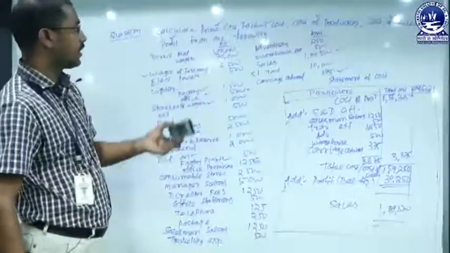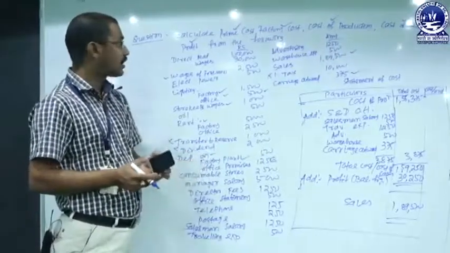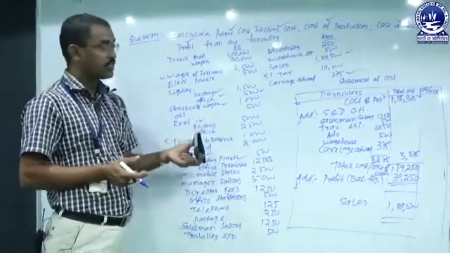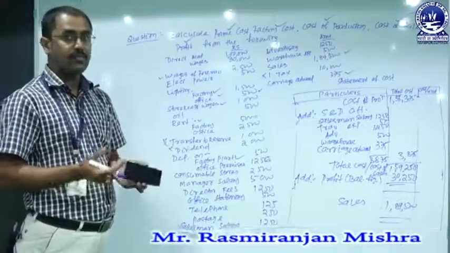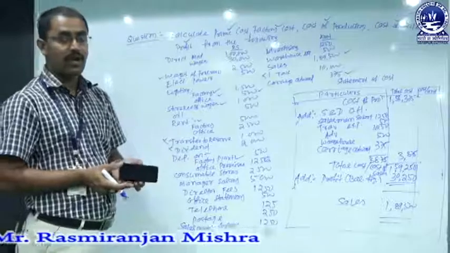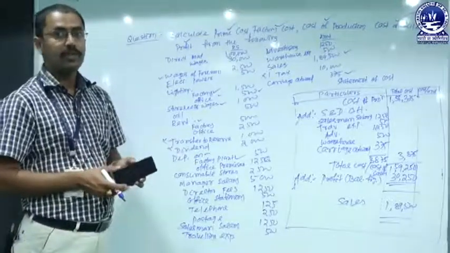So this is the sum total of the statement of cost, or cost sheet, and we can find out each item one by one as per the question. This is our today's discussion relating to cost sheet, and a problem and solution relating to cost sheet. In our next class, we will discuss the treatment of stock and how that treatment of stock will be considered at the time of preparing a cost sheet.